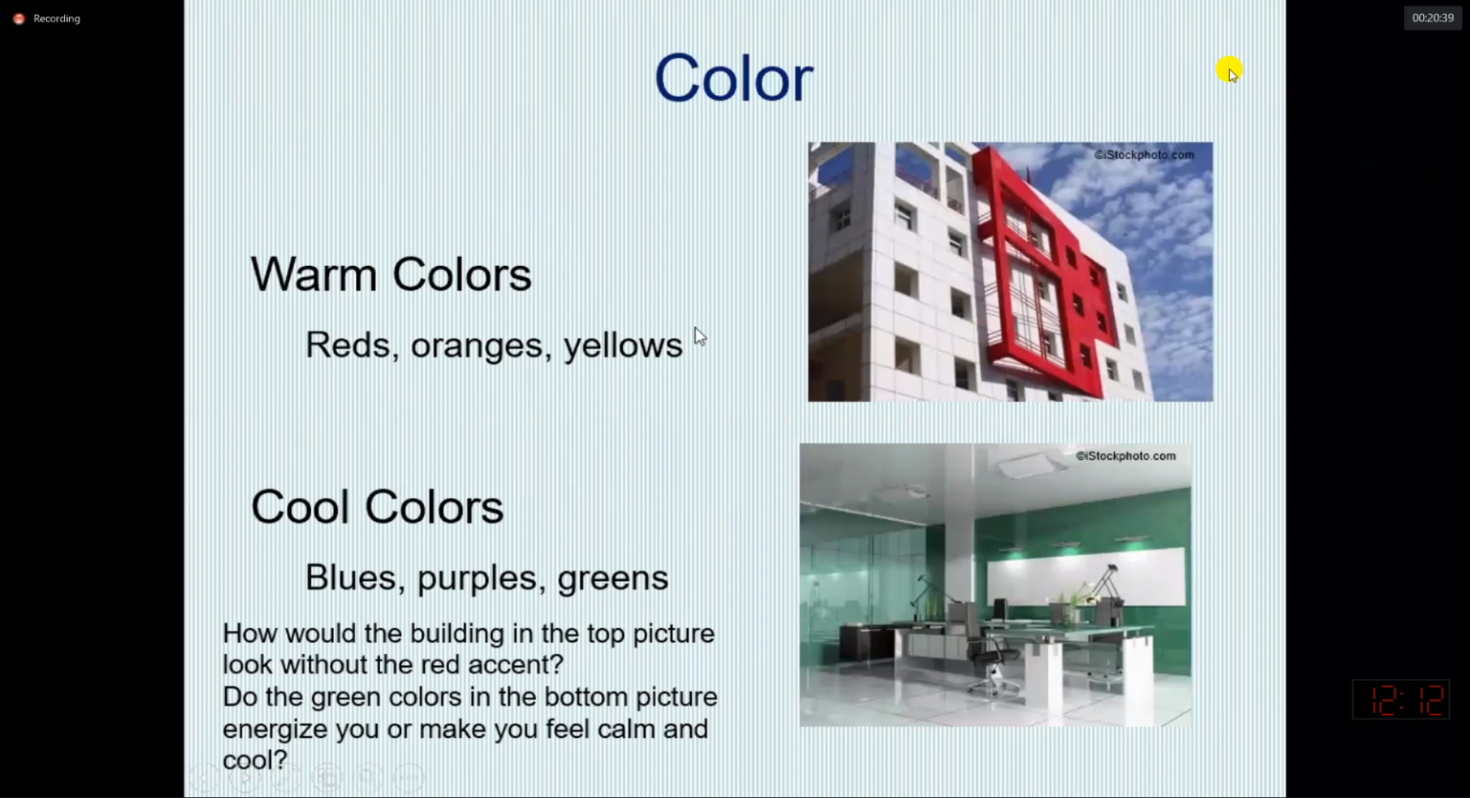Then the first building we see has some warm colors, while its background is with some neutral colors like gray. If we remove this red element from the face of that building, the building will become a typical monotonous building with only neutral colors, and you are not emphasizing specific features. While in the second image,